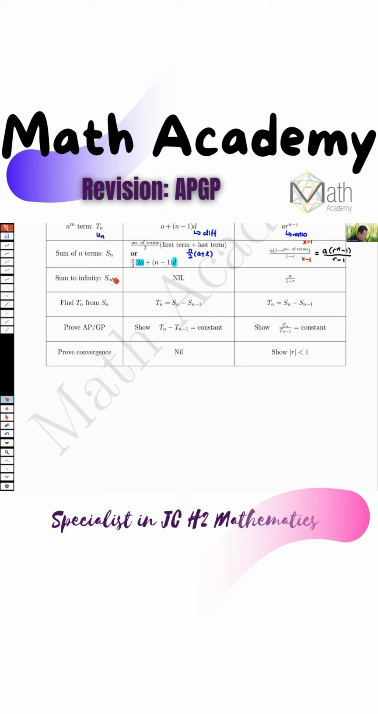Sum to infinity is only a concept for GP. Okay, AP doesn't have that. So GP formula is A over 1 minus R. But really, the A is your first term. Let me emphasize that because sometimes we start the GP from a particular term. It's always first term over 1 minus R. First term of your sequence that